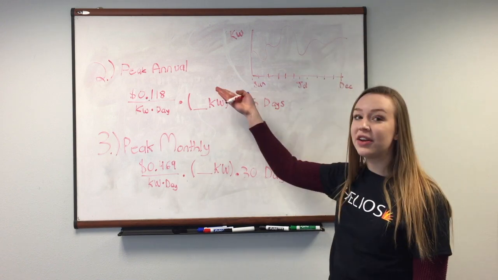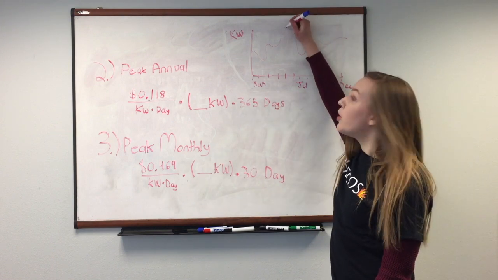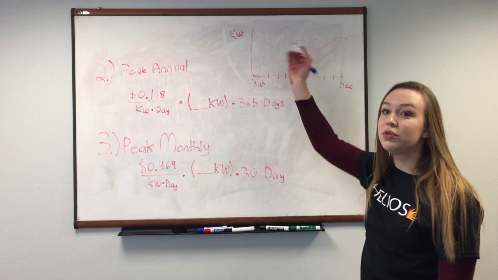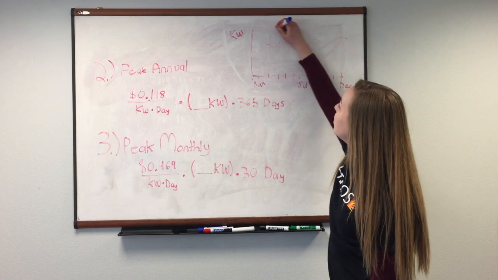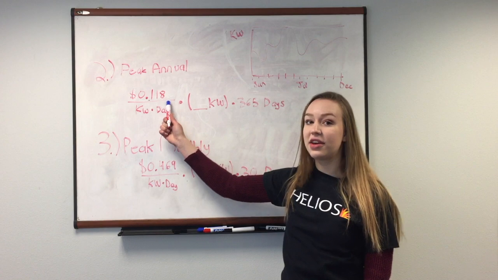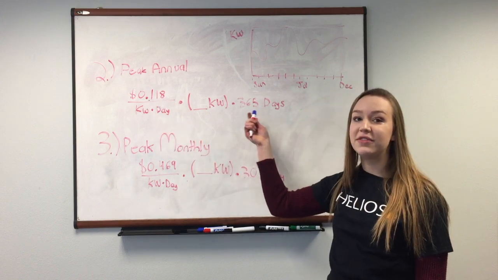So then for the peak annual, they take the 15-minute period during the year where you're using the most energy, so that's the highest rate, and then they treat it as if you were using that energy consistently for the entire year. So like your energy usage was like that. And then they take a rate for the daily charge and then multiply that by 365 days, and that goes